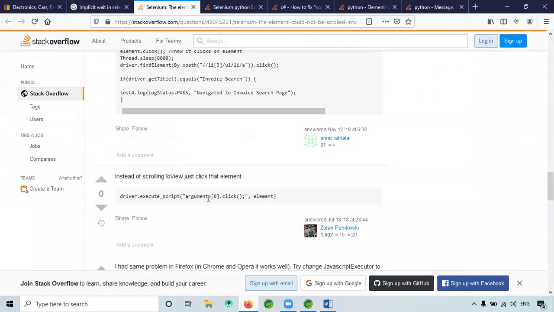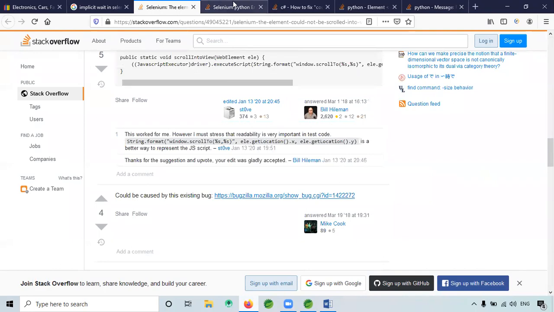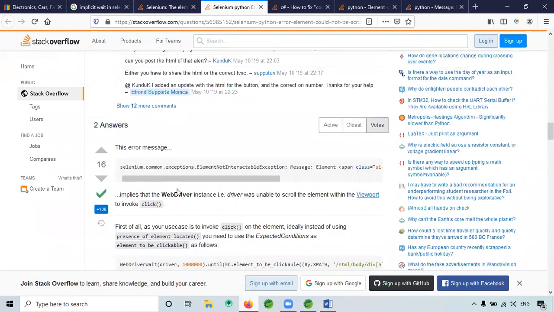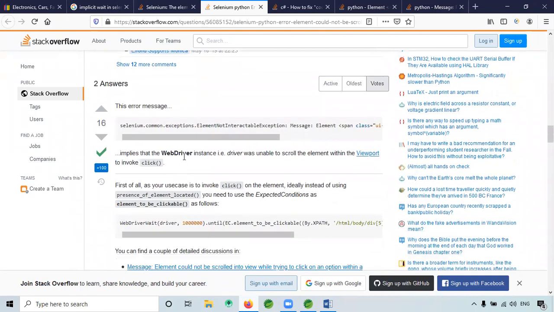Yeah, this is our error. Element not interactable implies the driver is unable to scroll the element into view to click.